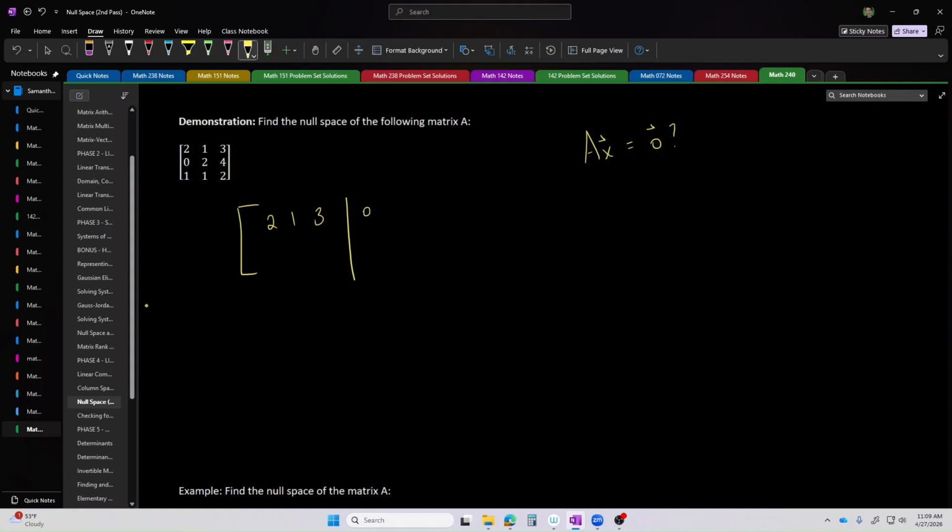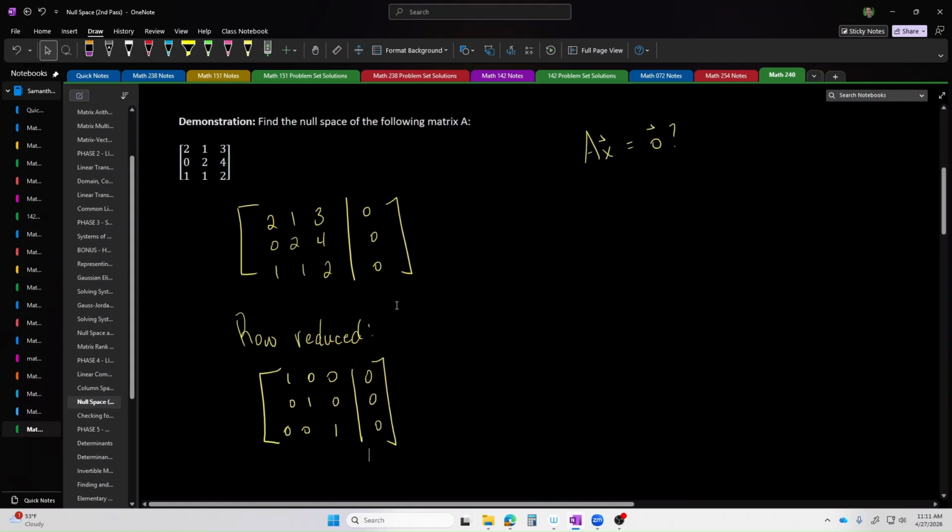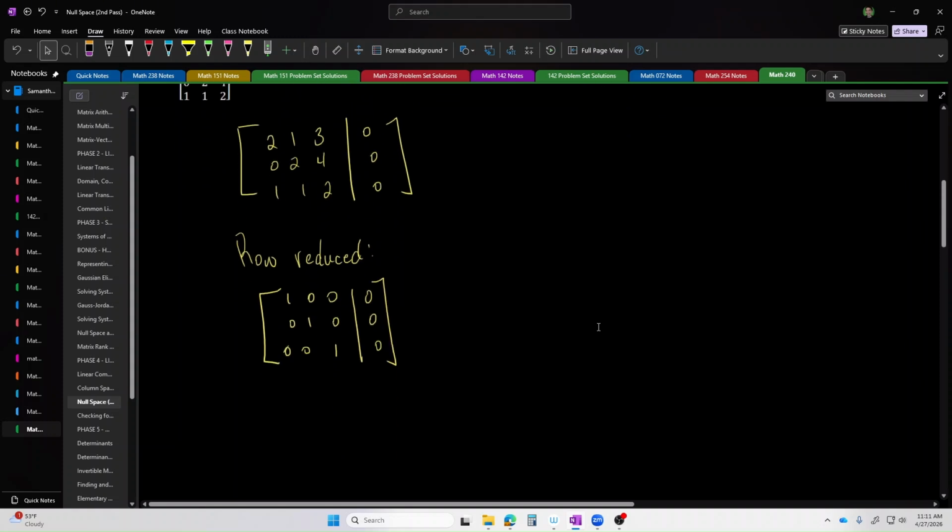the right side. So 2, 1, 3 augmented with 0, 0, 2, 4 augmented with 0, 1, 1, 2 augmented with 0. So according to Wolfram Alpha, when we row reduce this matrix, in this particular case, the matrix on the left-hand side of the bar has become the identity matrix. It's got ones on the diagonal, and it's got zeros elsewhere. And of course, this column of zeros on the right-hand side remains zero, no matter what elementary row operations are